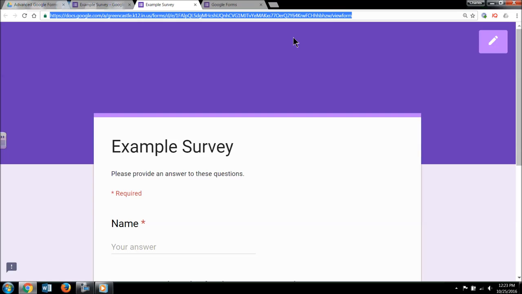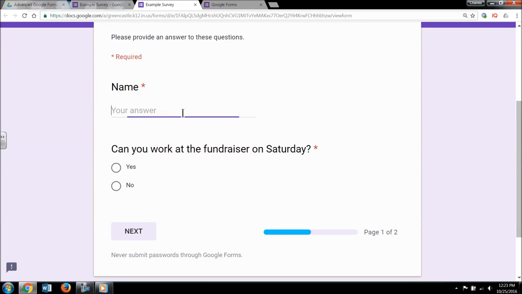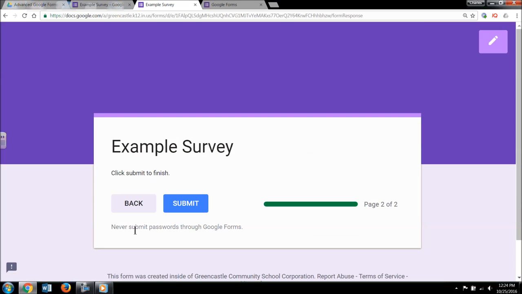So if I wanted to email this out to a group of parents, I could simply take that web address, I could go to my Gmail, copy that address in there, have them click on the link, and it will take them there. So in this example, I'm just going to put my name is test 1, and notice here's the progress bar, tells me I'm on page 1 of 2. Test 1 cannot work on the fundraiser, so if I've done this correctly, I should automatically be taken to the page to submit the form when I hit next. And you can see that I am, and it tells me I'm on page 2 of 2,